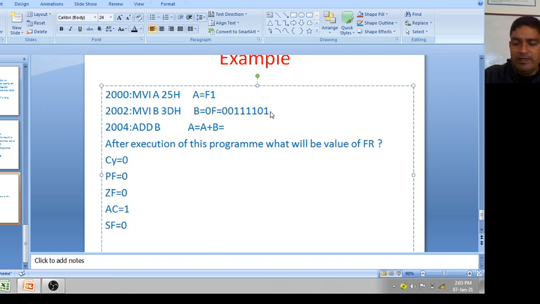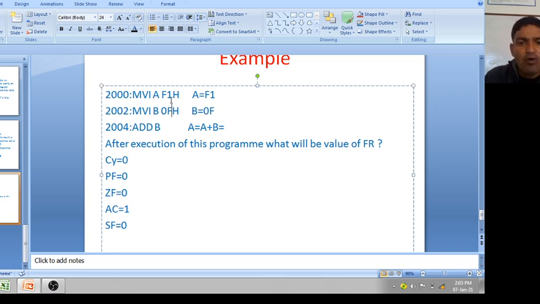Then what will be value of flag register after execution of this program? Okay, the same instruction. A equal to F1, B equal to 0F, and ADD B. What will be value of this?